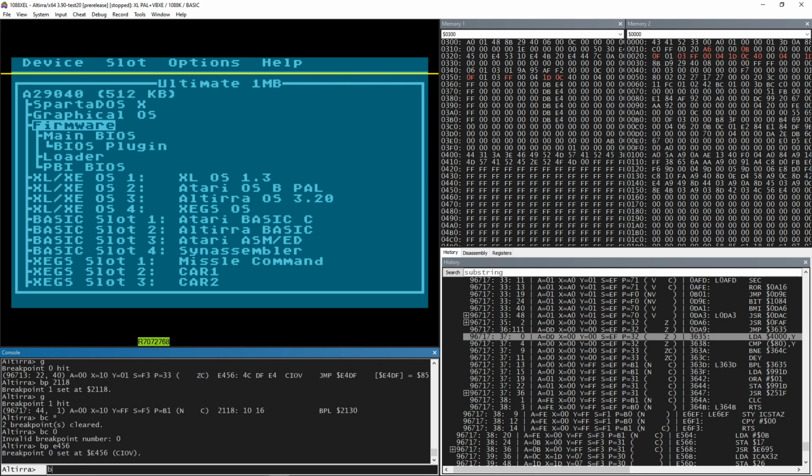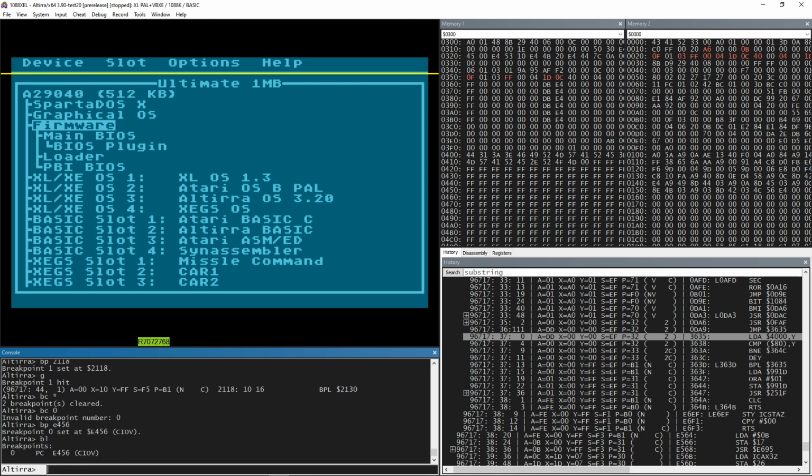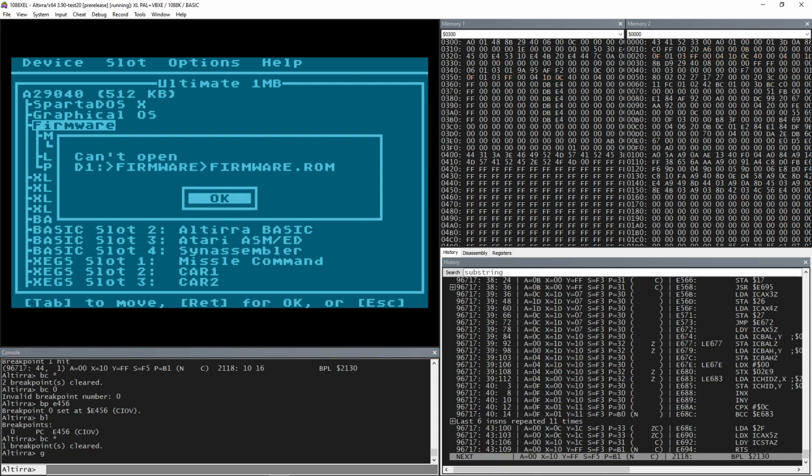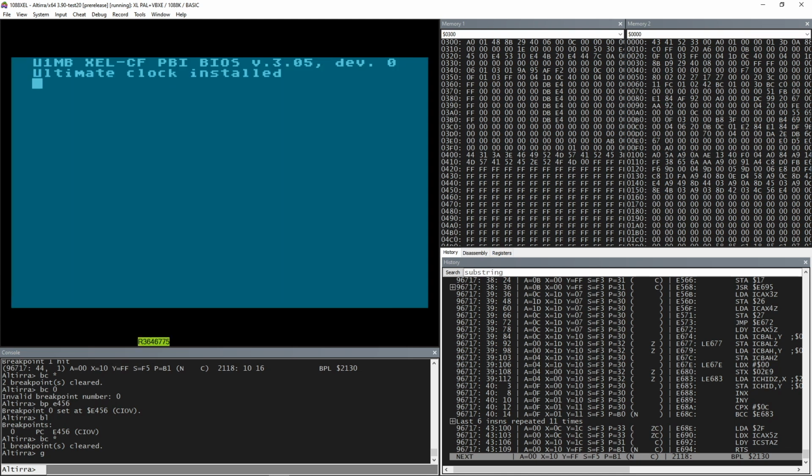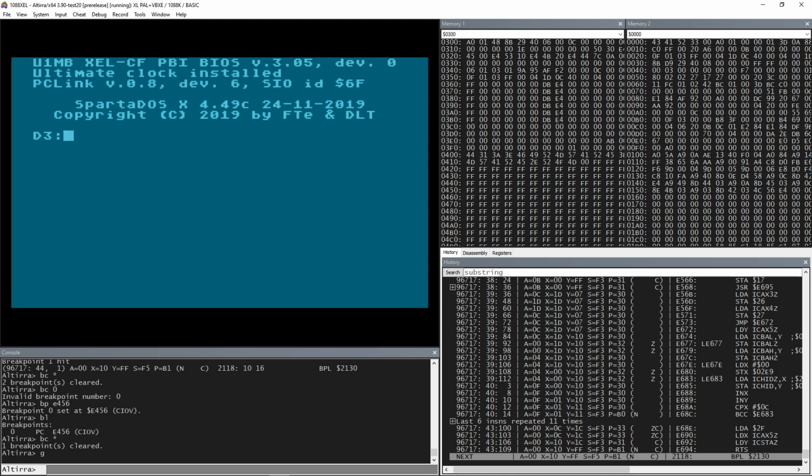Right, and you can list breakpoints with BL, and you can clear breakpoints by BC and the number of the breakpoint, or you can clear all your breakpoints with BC star. So we had one breakpoint, now it's been cleared, so we have no breakpoints left. So if I restart and continue the emulator, we'll come out of this and we'll flash the